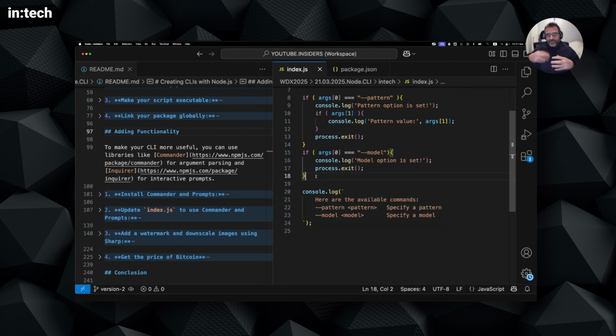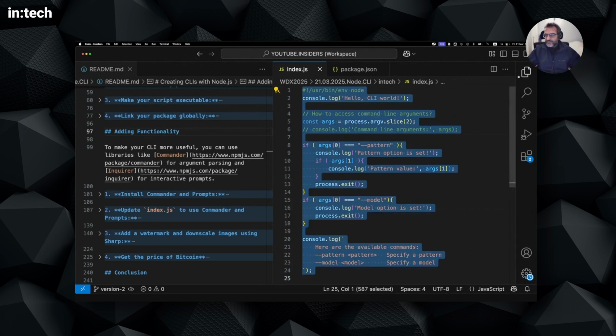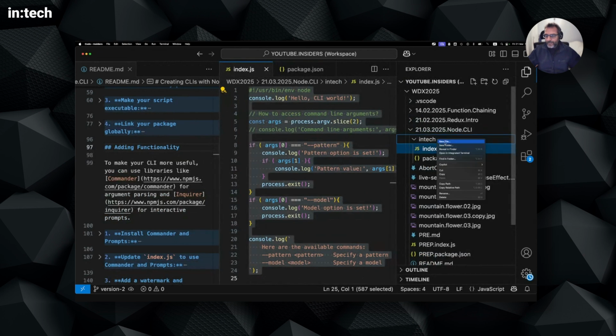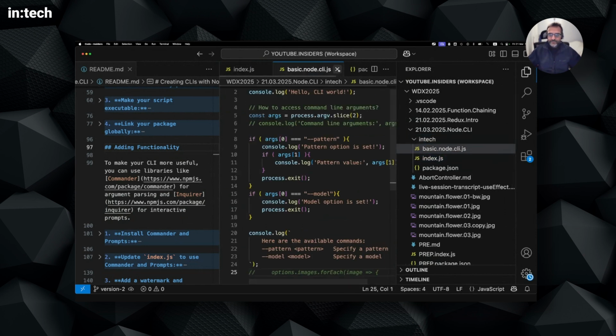But as your application becomes more complex, and you add more features and maybe some optional features, some things like long help output, you probably want to use a package for managing these parameters. So for this one, I'm going to keep this as a very basic example. So basic node CLI, going to place the code here,